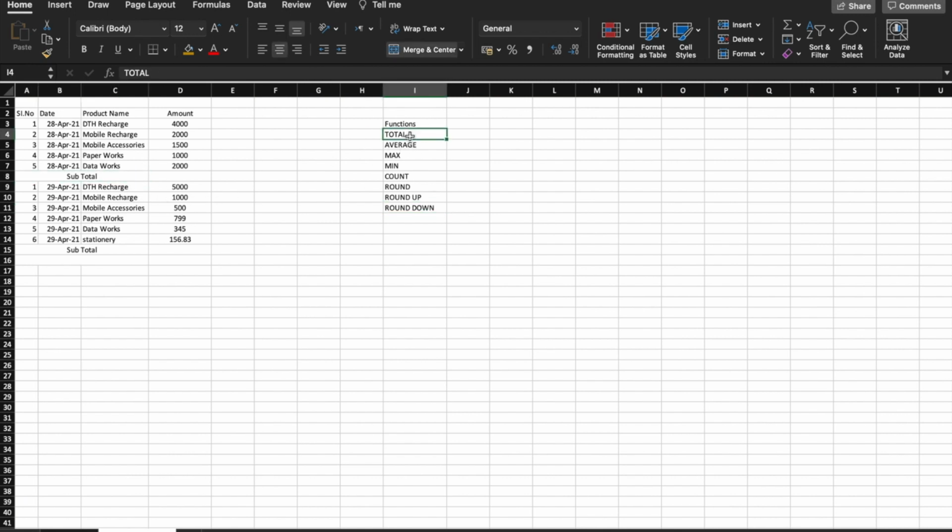This is the total value, this is the subtotal. Subtotal means the sum of the values of a specific column, and total means the total value of all columns. This is the difference between subtotal and total value.